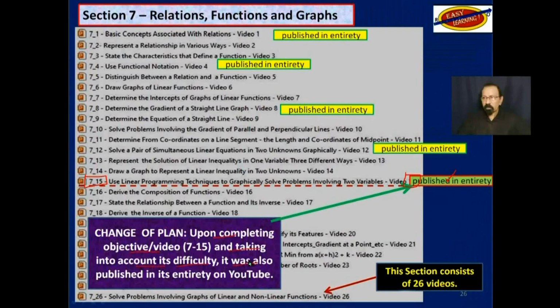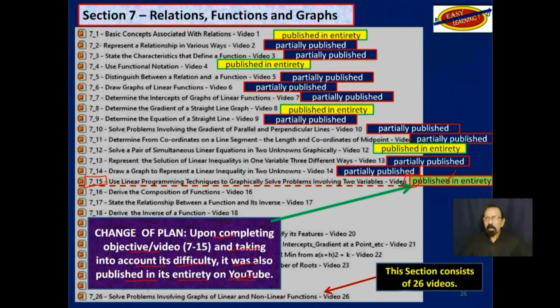It was also published in its entirety on YouTube. And these others are published partially on YouTube. When I finish with this objective here, video 16, this will also be published in its entirety, according to plan.